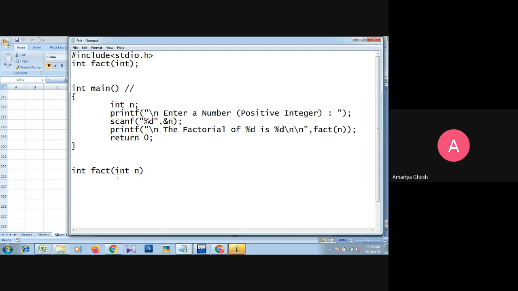So this is the main function. This n is the local variable of the main function, and we are going to solve this sub function or user defined function here.